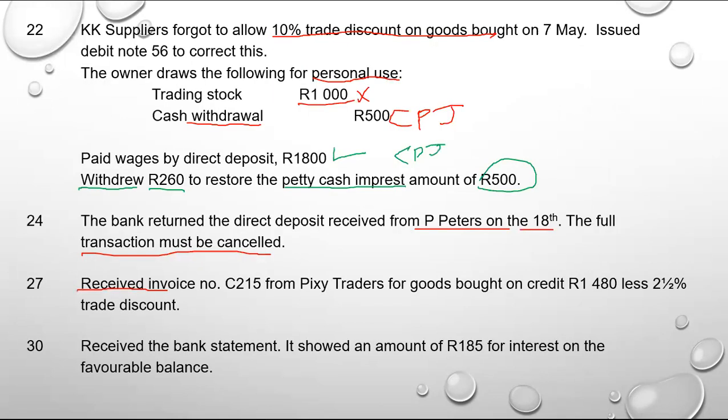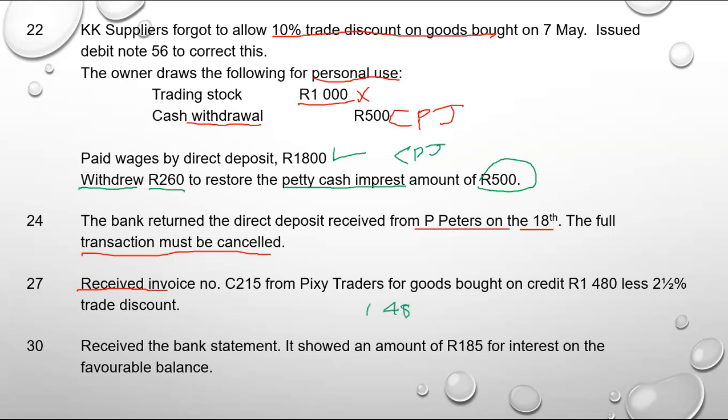The last one says we received a bank statement. It showed an amount of 185 for interest on favorable balance. So that goes to the CRJ. It was interest. If it was, oh, come on, I missed another one. I missed the 27th. So we received an invoice there, which was C215. Please correct that in your handout, from Pixie Traders for goods bought on credit. Oh, that is interesting there. So we're going to take that